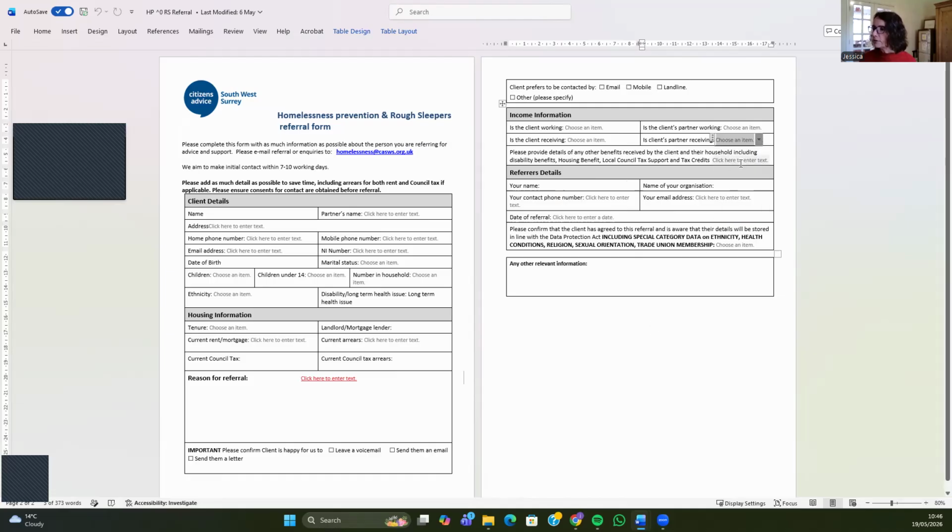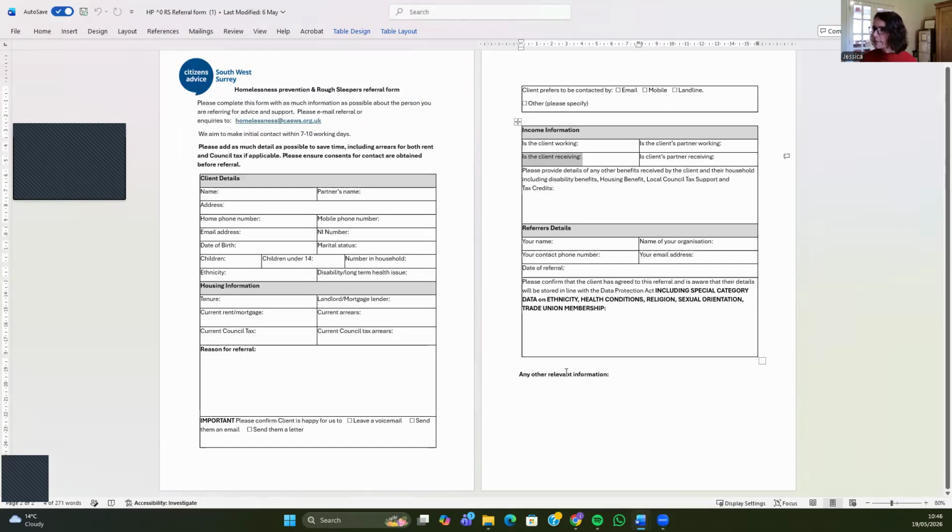And if there's anything additional, there's space to fill it in there. So you've got more space here to say what else is happening, what other income they've got coming in. Then don't worry about putting your name or contact details or email. That's purely for us to do as the office. We don't want to have to pass on your personal details to referring organisations because that's not relevant for your role. Just pop in that it's Guildford Food Bank and the date you made the referral, and we'll fill in the rest.